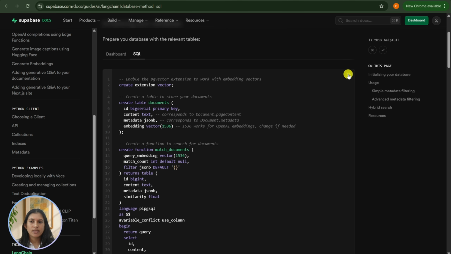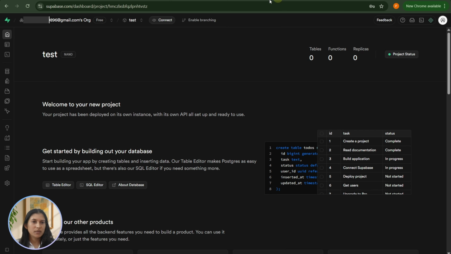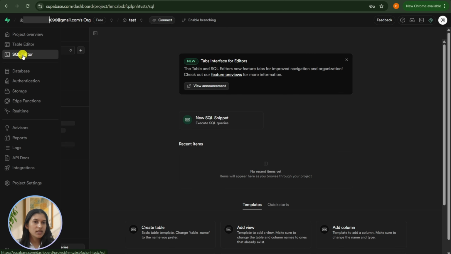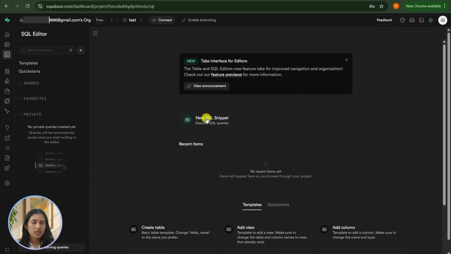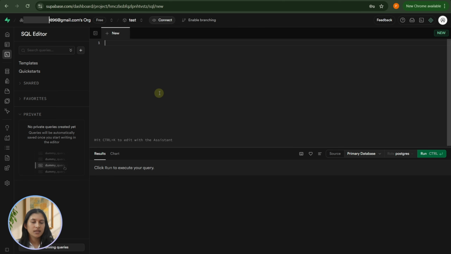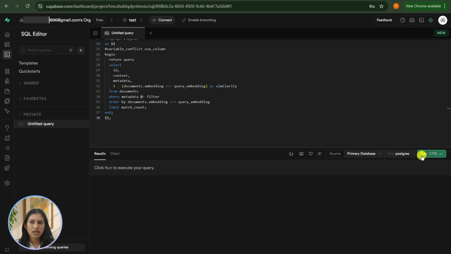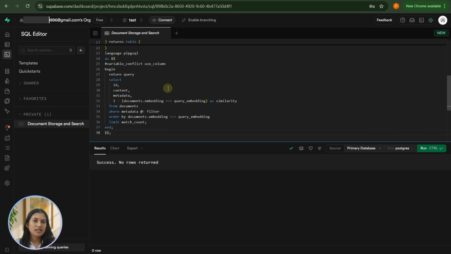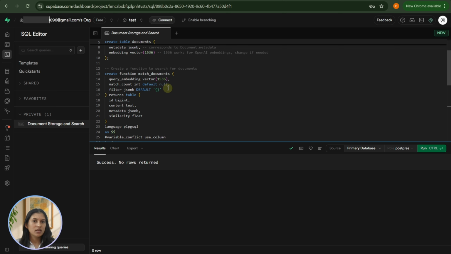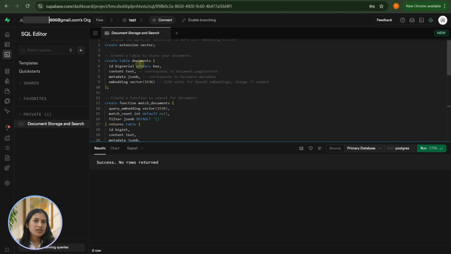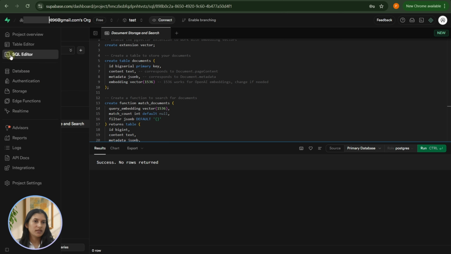Copy this SQL script, go to Supabase, click on SQL Editor, new SQL snippet, paste the SQL script and just run. Once this SQL script has run, it will create the table documents and a function match_documents.